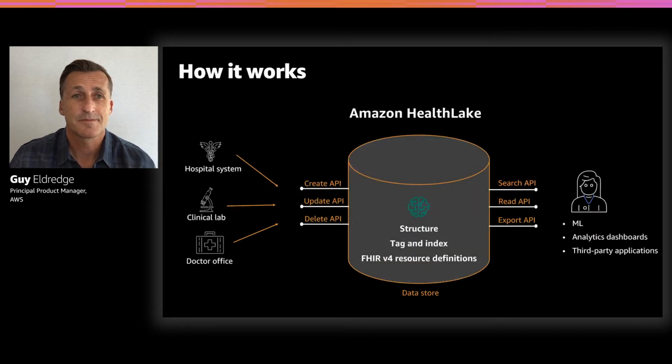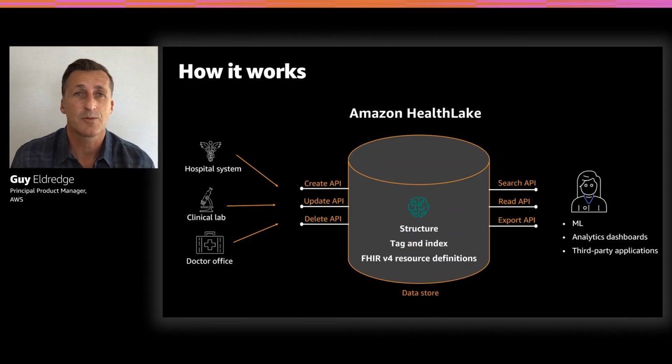Starting on the far left, you can connect to your clinical data systems, hospital systems, clinics, doctors' offices with 3 APIs: create, update, and delete, that each support the FHIR v4 format for interoperability. All of your data will be stored in your own dedicated HealthLake data store, with built-in machine learning models to extract all the medical entities, then structure, index, and optimize that data for the 3 APIs on the far right: